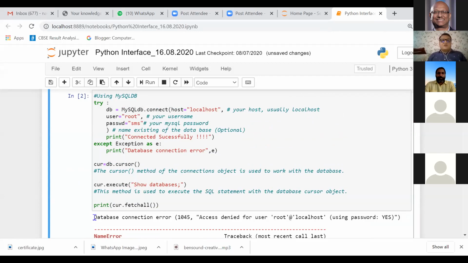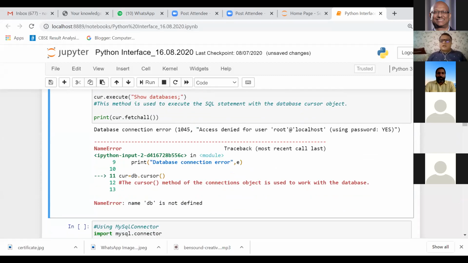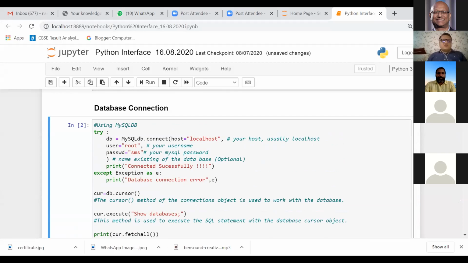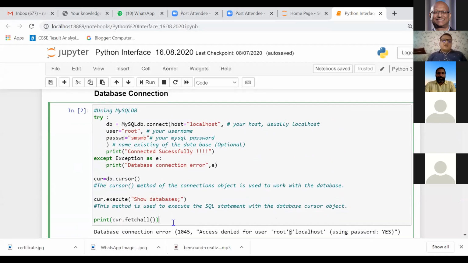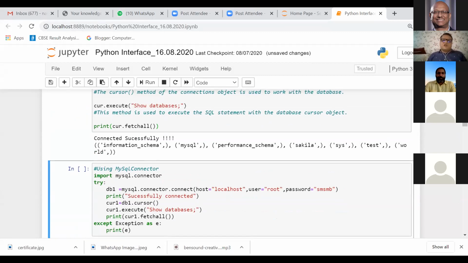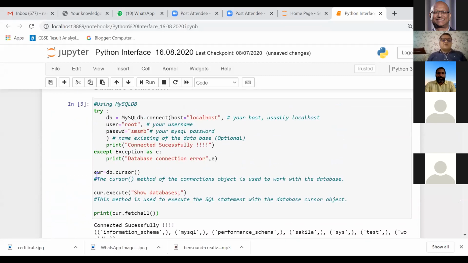If I do not do the exception handling, this kind of error will be displayed, a bigger error which a normal person cannot understand. So it is always better to use this concept so that you get a proper message about what the error is. That is the purpose of exception handling: the program will definitely terminate, because we have done something wrong, but before terminating, it will give me a message about why it is being closed.